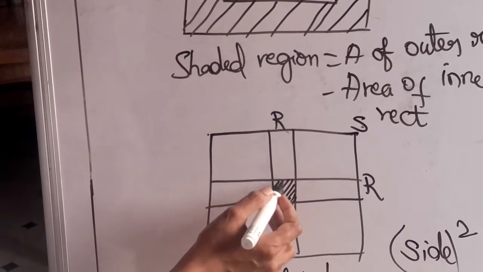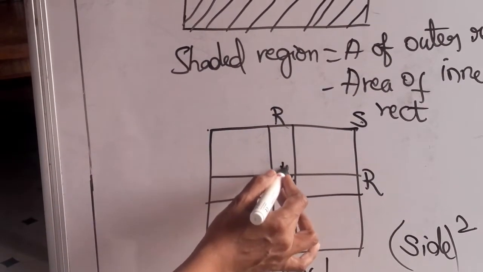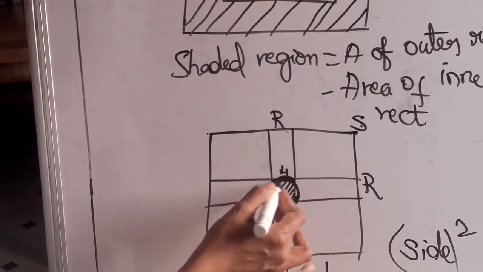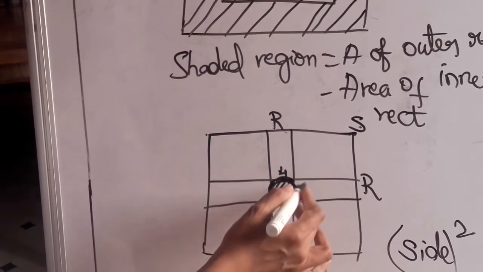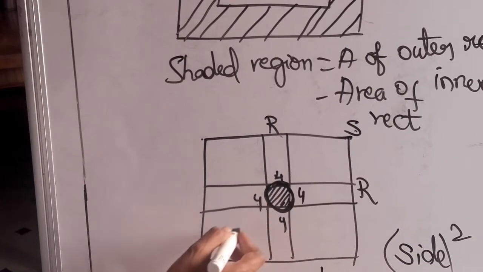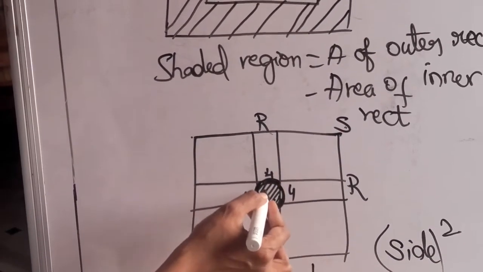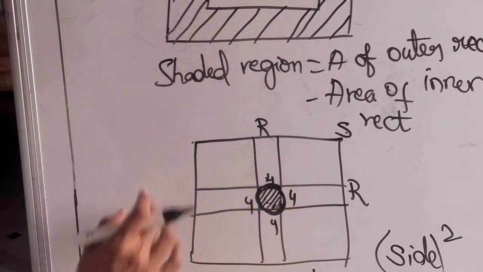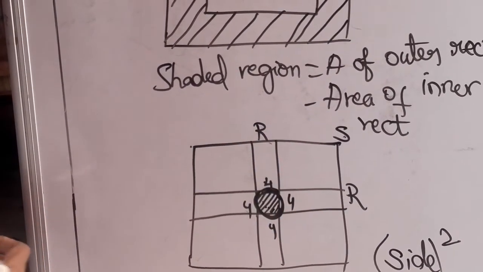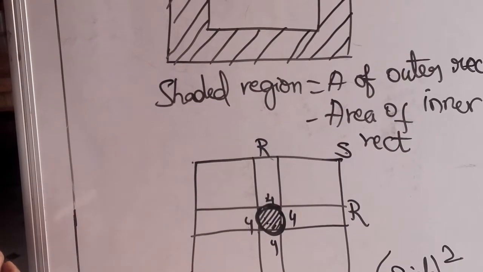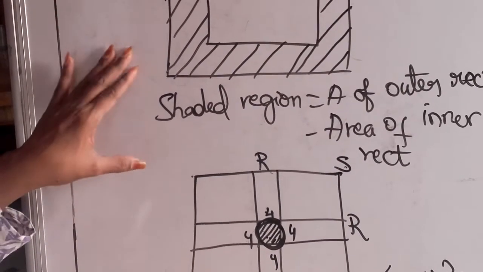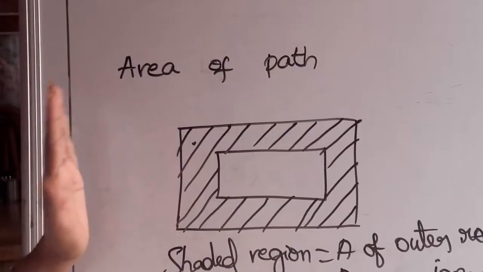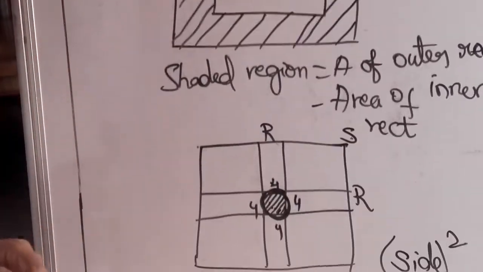Then what you are going to do? How much is there on this side? Here this part is a square. This part is a square that you got. For example, if this is 4, this inside square's value you should find out, and then you are going to get the answer. Understood? This you will understand better when we solve problems in the exercise. This is only for your understanding. Don't copy anything.